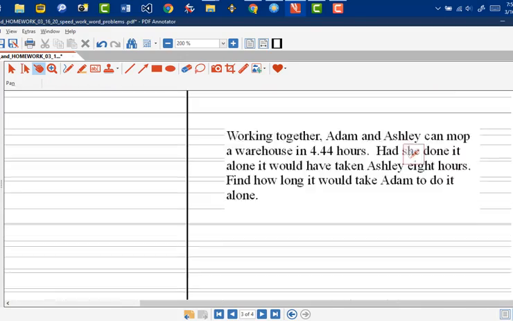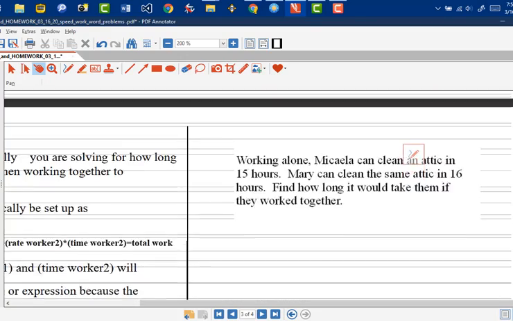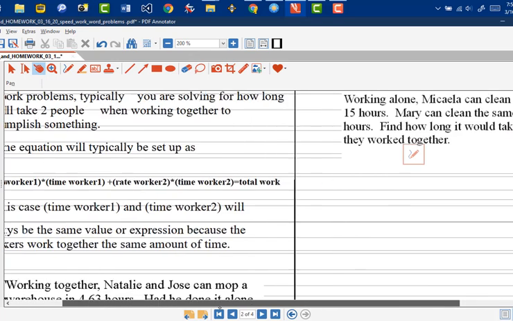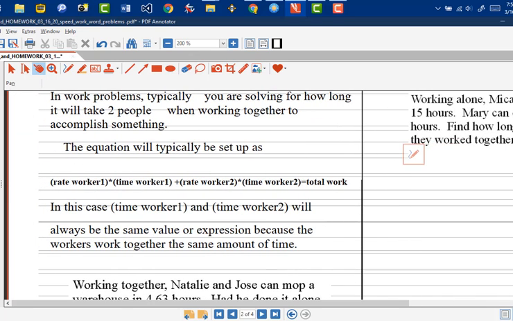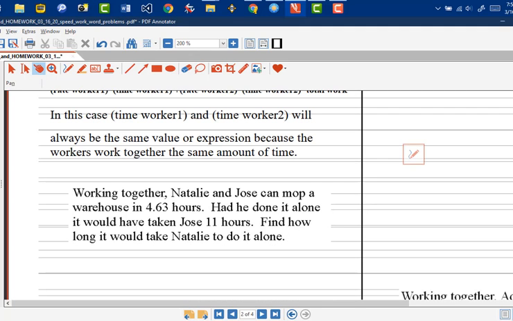And now let's look at work problems. So work problems are similar in that you set them up the same way, and the speed now is how much work they can do per time, their rate of working. So it's always going to be how much work they can get done divided by the time it takes them to do that work. So you do that for each individual, and then together you're going to get your equation